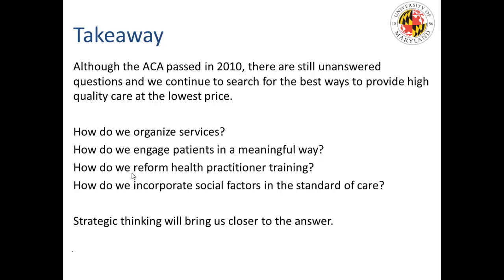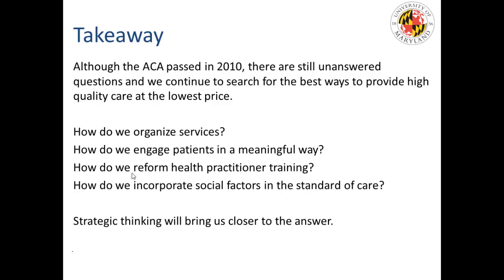Okay, so the takeaway for this piece is, although the ACA passed in 2010, there's still a lot we don't know. We're still trying to find our way, and that's what these demonstration projects have been about. The pioneer organizations are demonstration projects. Demonstration projects are funded typically by the federal government, and the whole purpose is, let's test something that we think has some efficacy and see what the outcomes are. If the outcomes are desirable, we take it to scale. And so those accountable care organizations were volunteers. No one made them do this. It was a volunteer effort